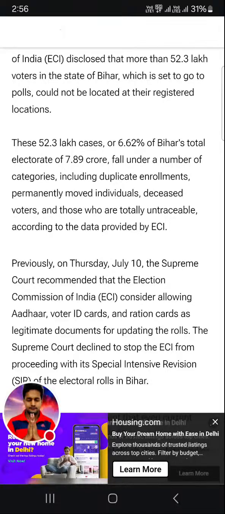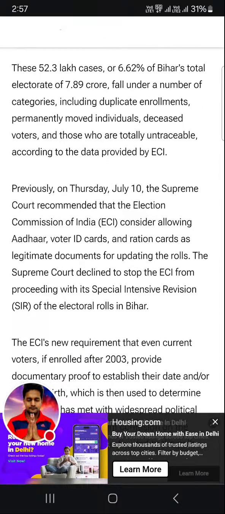These 52.3 lakh cases, or 6.62% of Bihar's total electorate of 7.89 crore, fall under a number of categories, including duplicate enrollments, permanently removed individuals, deceased voters, and those who are totally untraceable, according to the data provided by ECI.